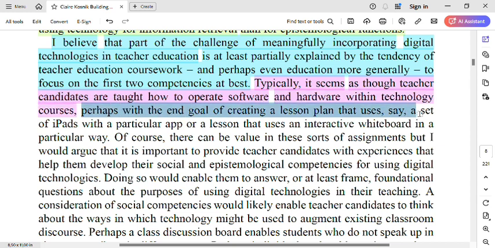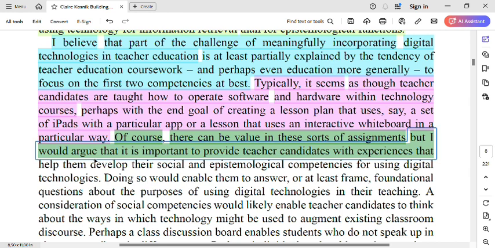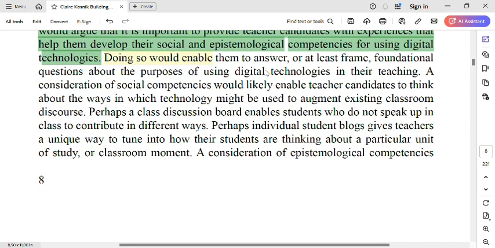perhaps with the end goal of creating a lesson plan that uses, say, a set of iPads with a particular app or a lesson that uses an interactive whiteboard in a particular way. Of course, there can be value in these sorts of assignments, but I would argue that it is important to provide teacher candidates with experiences that help them develop their social and epistemological competencies for using digital technologies. Doing so would enable them to answer or at least frame foundational questions about the purposes of using digital technologies